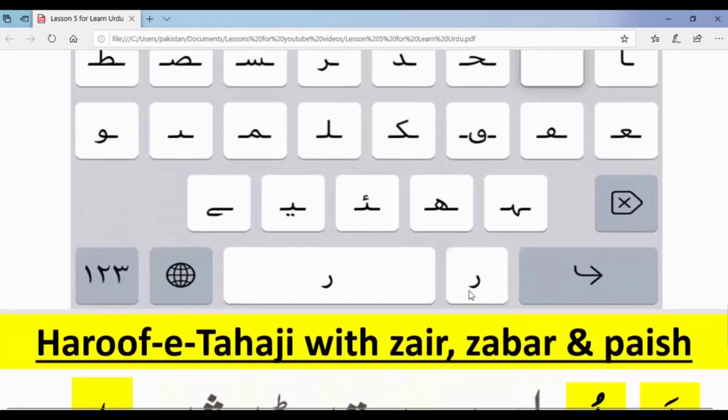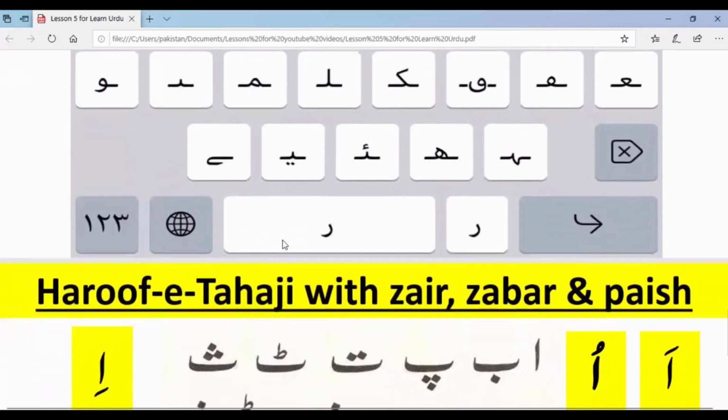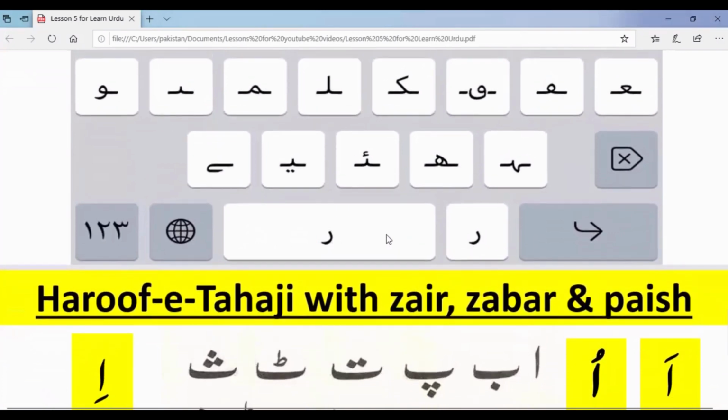Here are the letters Re, Ade, Ze, Ye. These remain like this. This is the ending shape. I told you when they join with other letters, they will come like this. But when they come at the end, they will look like this. Separate, when they come separate. And in the joining form